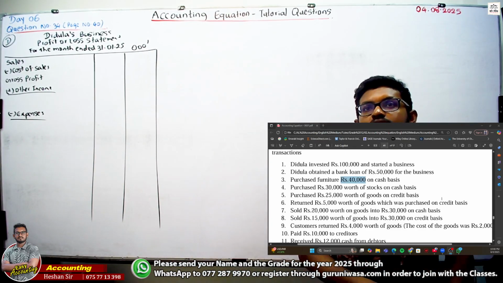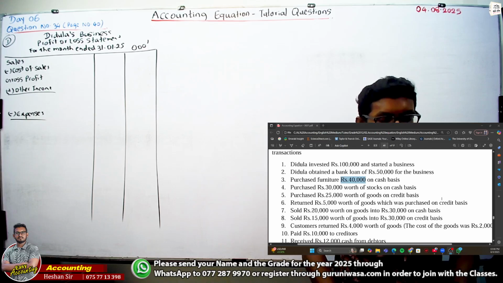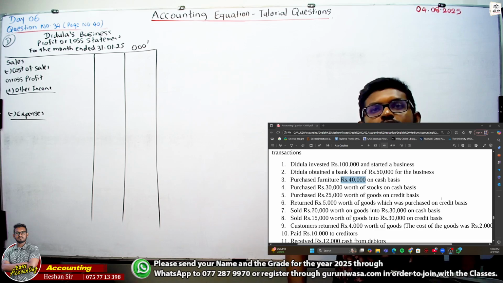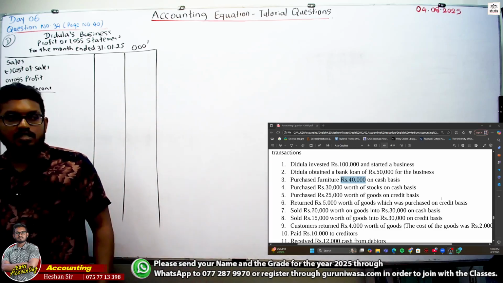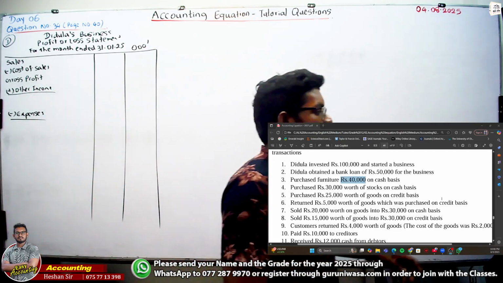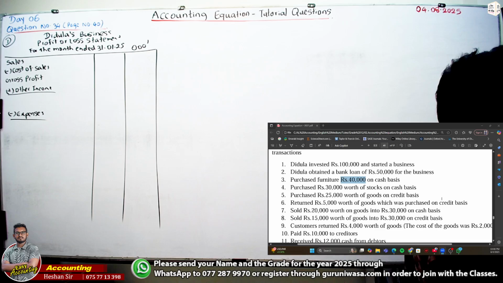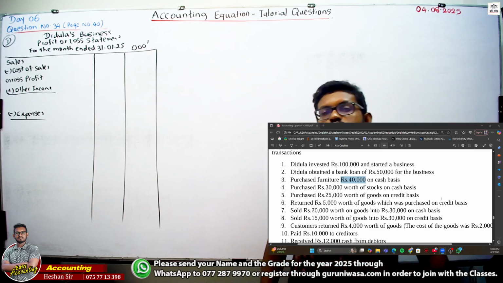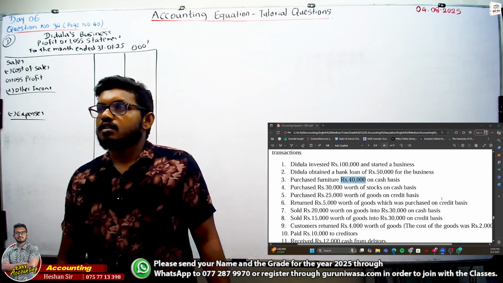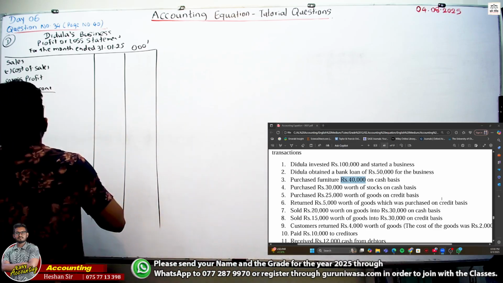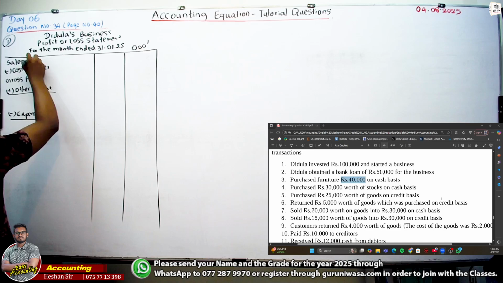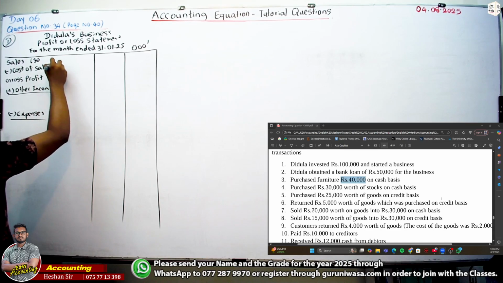When it comes to sales, sometimes you may think we need to record purchases 30,000, 25,000, right? So no need to here. Why? In here, gross profit means profit earned through buying and selling goods. Is it clear to you? Okay. So when it comes to this one, sold 20,000 worth of goods for 30,000. So sale is 30,000. In here, cost of sale is 20,000,